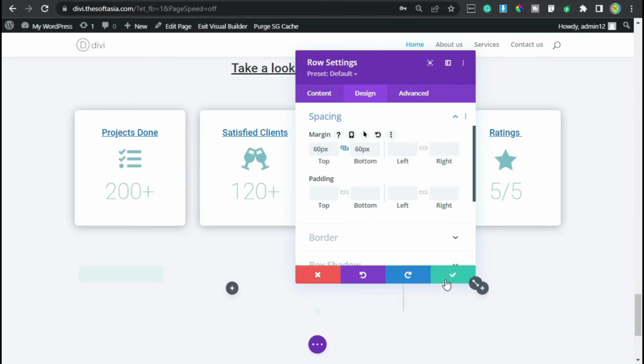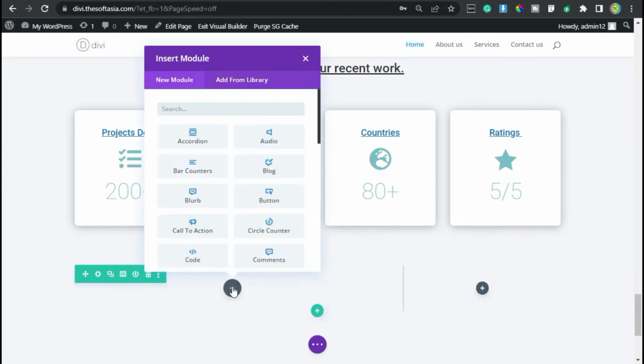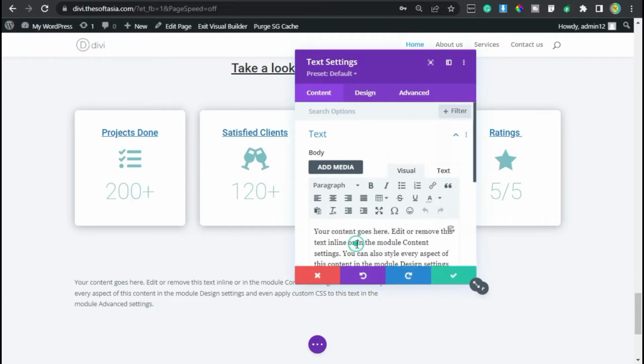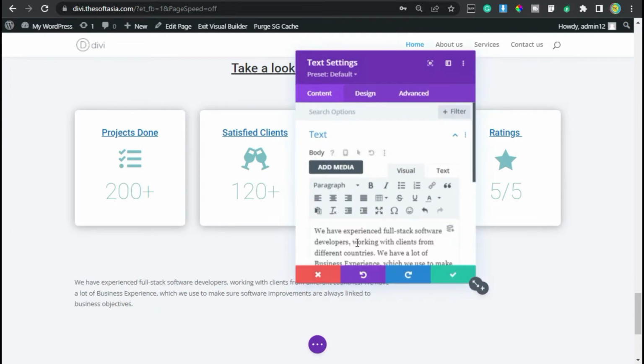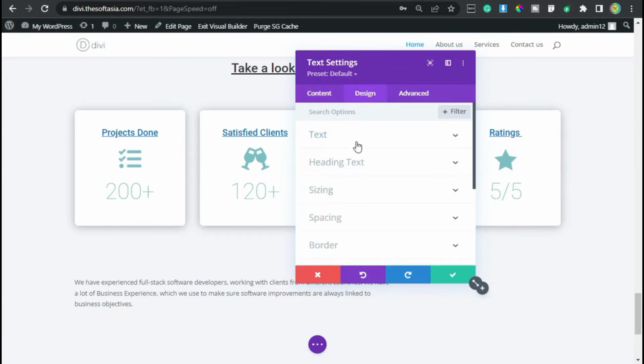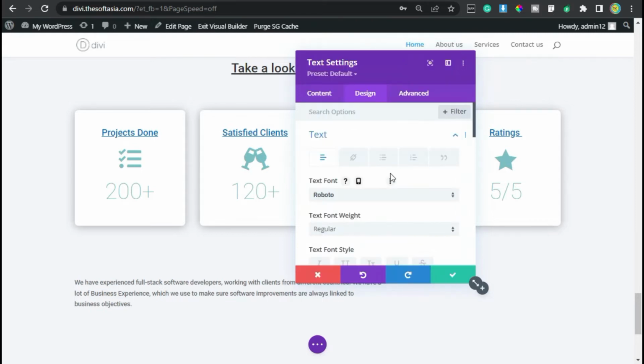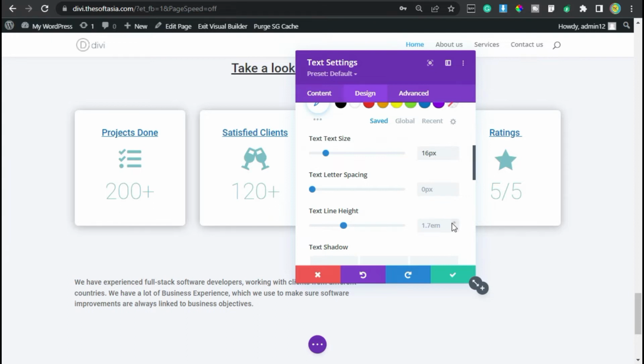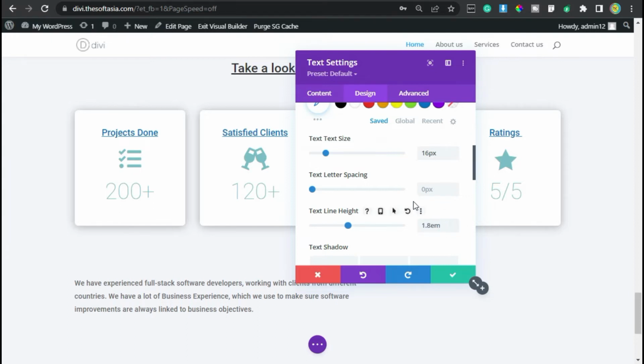Now click on this tick button, click on this plus button and add a text module. Now add your text here. Now after adding text, go to design. Here in text, I will change the font. I'll select Roboto. Now I will change its size to 16 pixels and line height to 1.8 em. Now click on this tick button